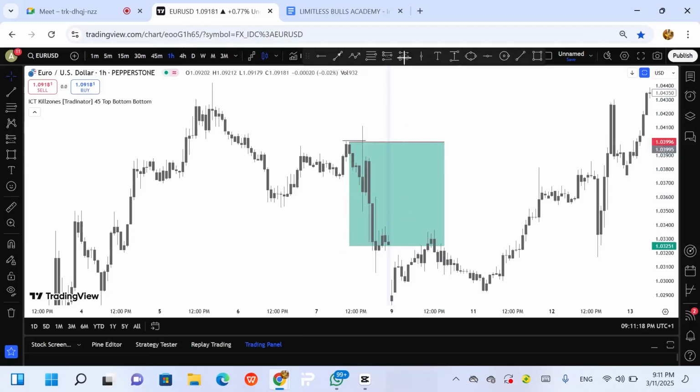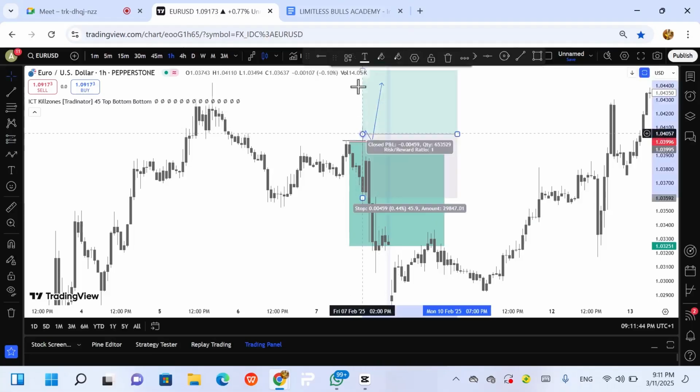So other persons now, they are waiting for a breakout. If I change to maybe the 15 minutes, you see other people are waiting for a breakout at this zone. Maybe they want to see price break out with a body break. They want to see something like this. The market breaks out from this zone. Breakout and retest, there's a strategy, breakout and retest. So they want to take this market to maybe this liquidity zone, this point. So how is their trade? They are using a buy stop. Their buy stop might be above this zone. So if the market breaks out, it should just continue.